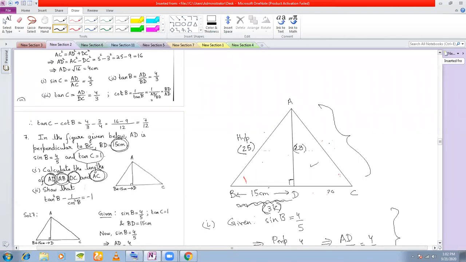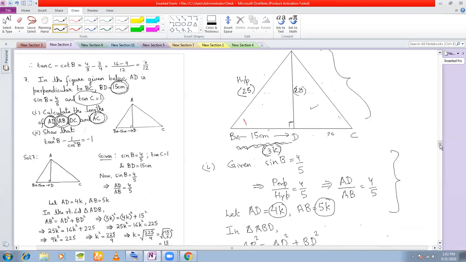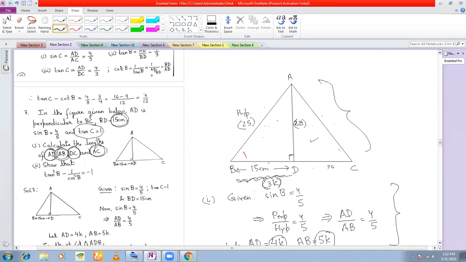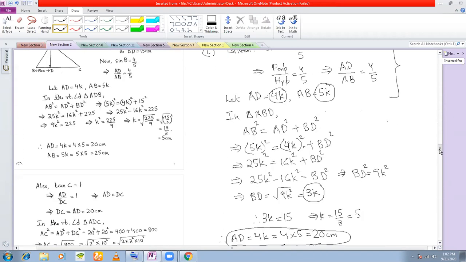So with this data, I'm going to calculate the value of tan B first and then cos B. Second part. Tan B is perpendicular by base. If you see, the concerned angle here is B. In this right angle triangle, the concerned angle is B. So this is my perpendicular, AD. This becomes my base and AB remains my hypotenuse. So tan B is perpendicular by base, which is AD perpendicular, BD base. So AD by BD.